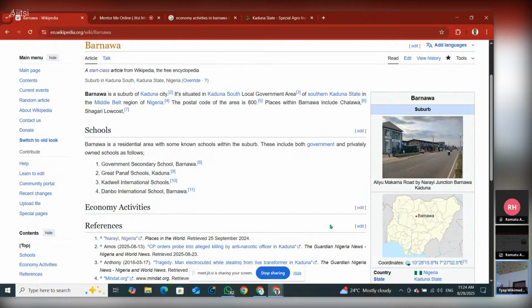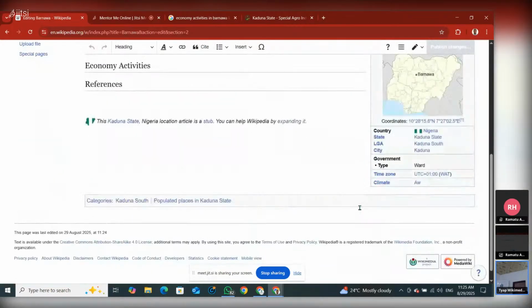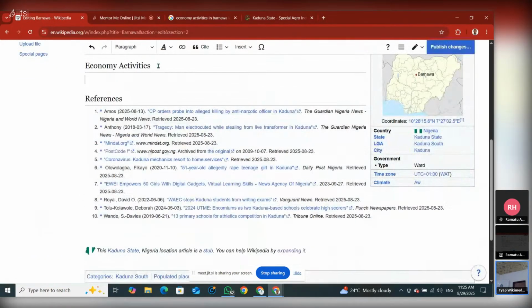So I'll now click okay, if I like I'll click on this edit. Then I'll come, based on what I read in that paper, we have agricultural and large scale economic activities that is really taking place in Barnawa. The thing is that you don't need to just copy what you see and paste. You can paraphrase your own understanding, write based on your understanding. So now we said